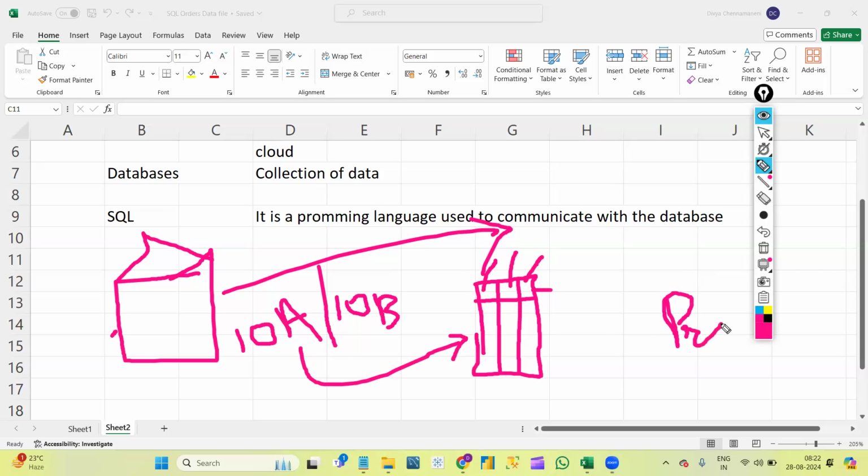One day the principal called the peon and said, go to 10th A and bring the register to me. The peon went to the class, took the register and gave it to the principal, where all the details of the students are there. By looking at the register, the principal can understand the data inside it.